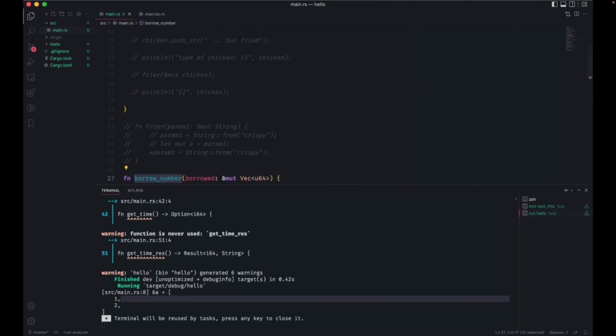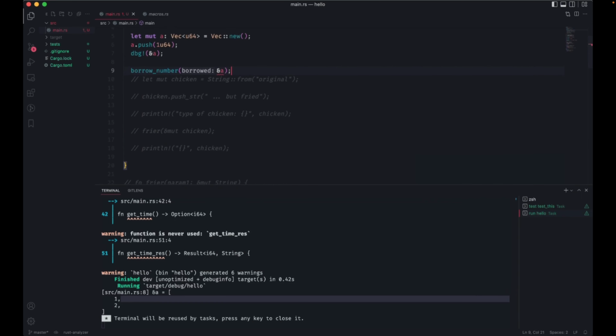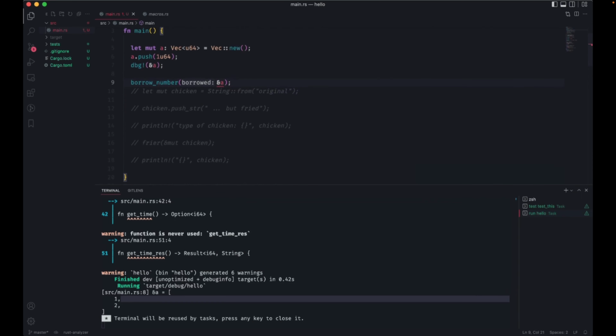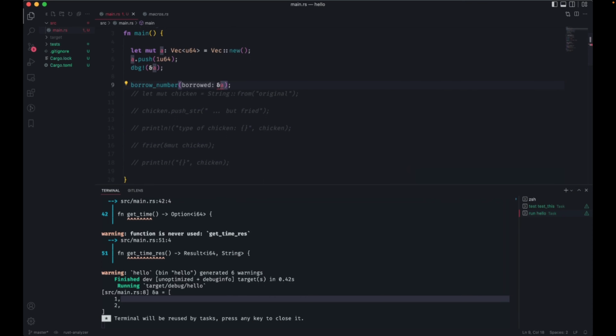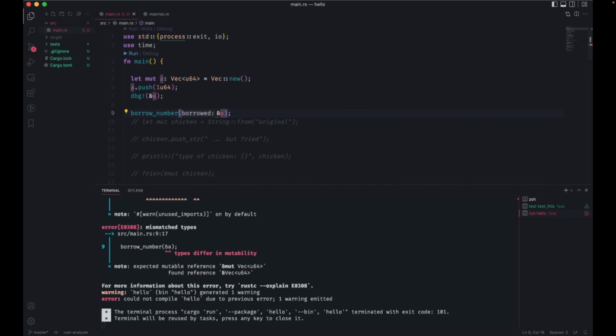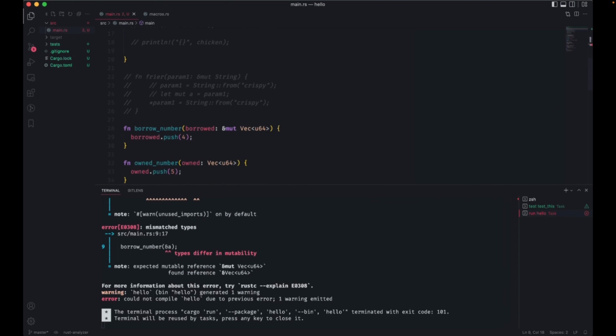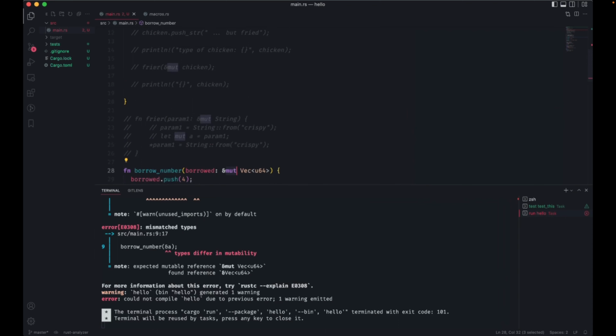Now what I want to do is borrow. This one asks for a borrowed A to attach a 4 onto it. My compiler is complaining about this because I'm just trying to pass a reference to A, right? But this function says I actually want you to send me a mutable thing because I'm going to change it.